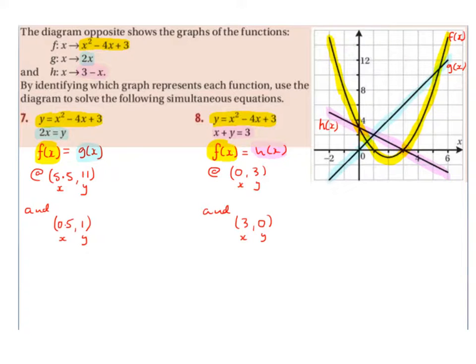So next we have g of x, which is 2x, and h of x, which is 3 minus x. So g of x maps to 2x is the same thing as y equals 2x. So now that this is in the form of y equals mx plus c, so basically when the y is on its own, we know that whatever is stuck onto the x is the slope of the line. And 2 is positive, and we can see that this line here, highlighted in blue, is going uphill, and we